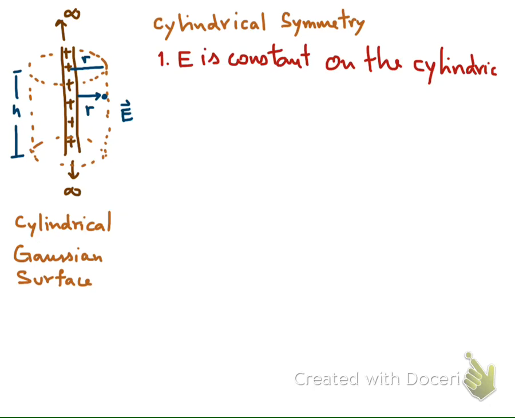on the cylindrical Gaussian surface. Okay. E is constant on the cylindrical Gaussian surface. It is because we use the same reason as in the previous example, that if we look at any point on this cylindrical surface, okay, if I look at this point